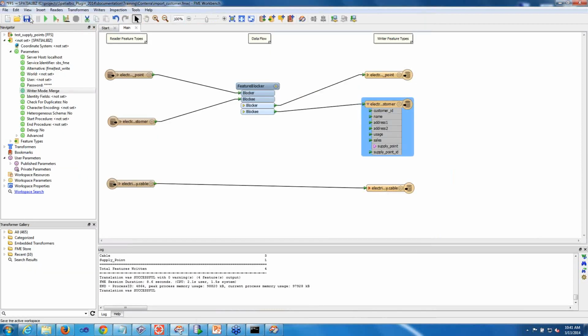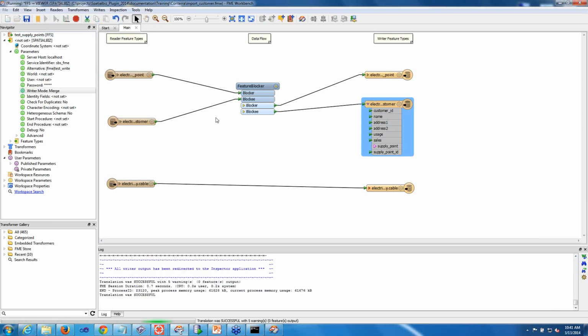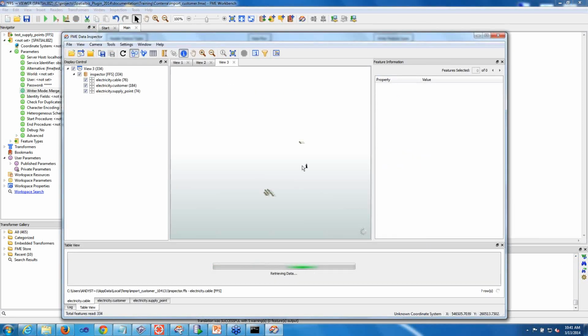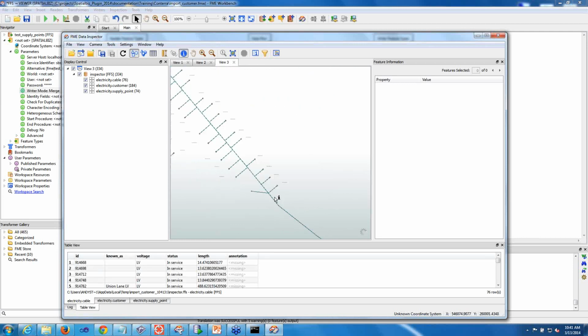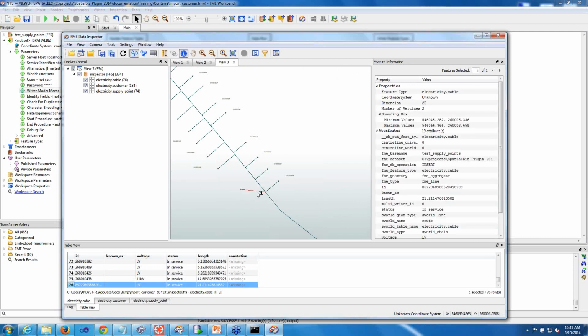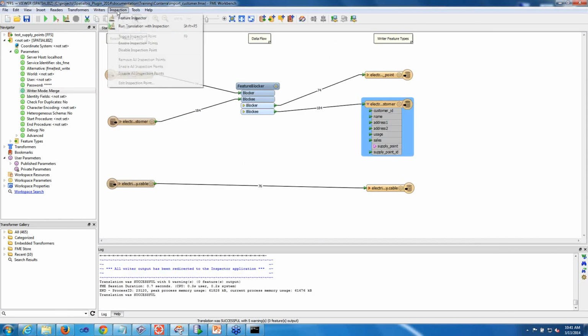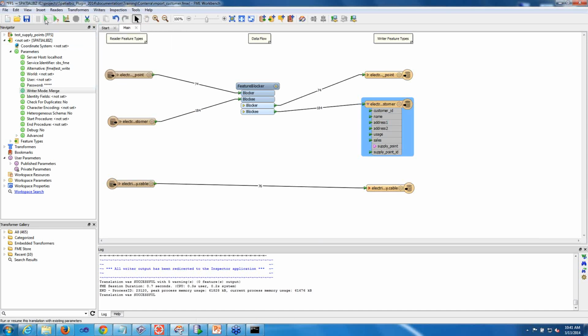So basically, if I go ahead and run this, I'll redirect it to the inspector first, just so we can see what's in the data. Okay. So basically, what I'm doing is just adding this one here. This new record here is stored within the source data, and it has a relationship to its customer, etc. in that data. So if I now go ahead and execute it,